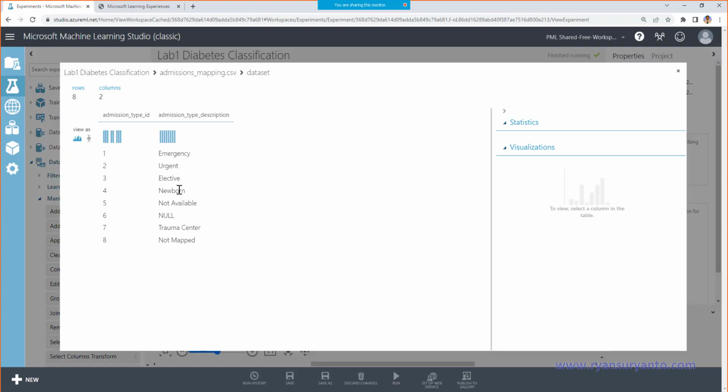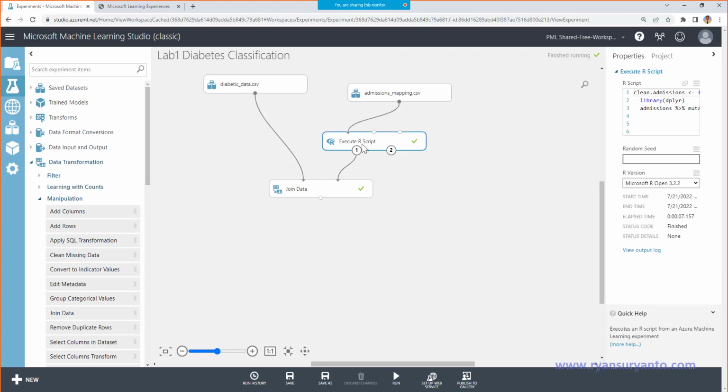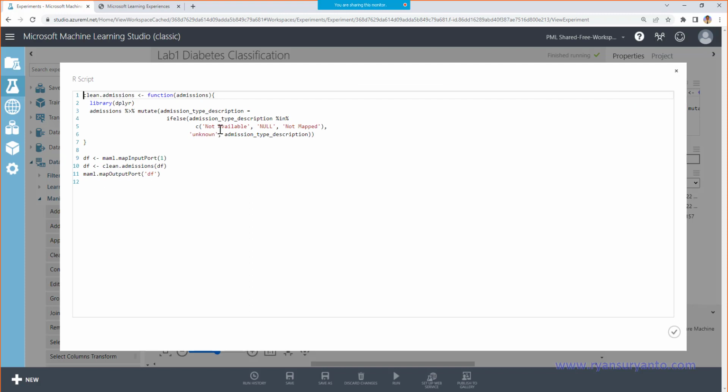This one, not available, null, and not map, replaced with unknown. The script is very simple, just looking for that: for not available, null, and not map, change to unknown.